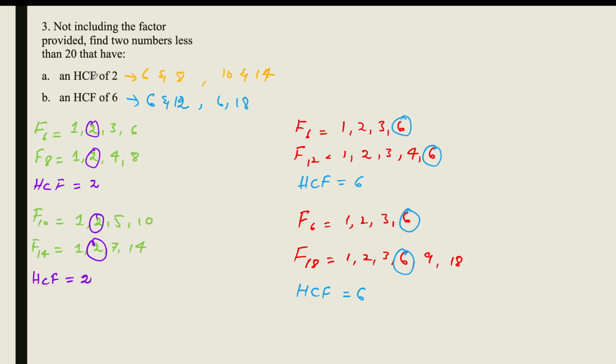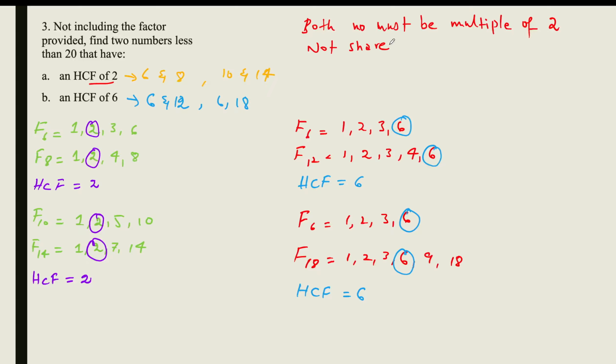For the first one, for the highest common factor of 2, the conditions that we have to consider are that both numbers must be multiples of 2. Multiples of 2 because 2 must divide both, and then they should not share anything bigger than 2,